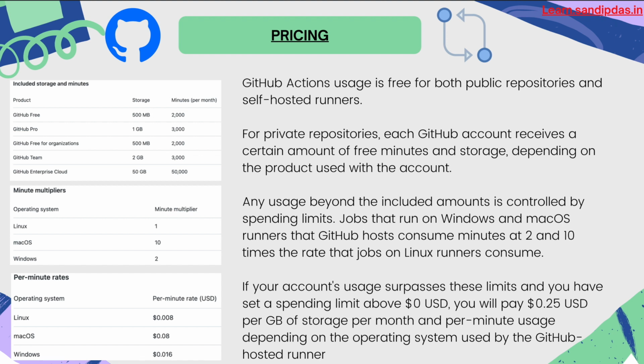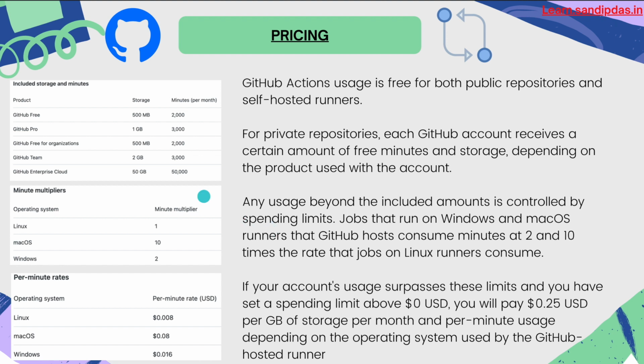Jobs that run on Windows and macOS runners that GitHub hosts consume minutes at 2 and 10 times the rate of jobs on Linux runners. Okay, so you can say double of Linux is getting used by Windows and 10 times of Linux is getting used by macOS. Okay, if your account's usage surpasses these limits and you have a spending limit set above 0 USD, you will pay 0.2 USD per GB of storage per month and per minute usage depending on the operating system used